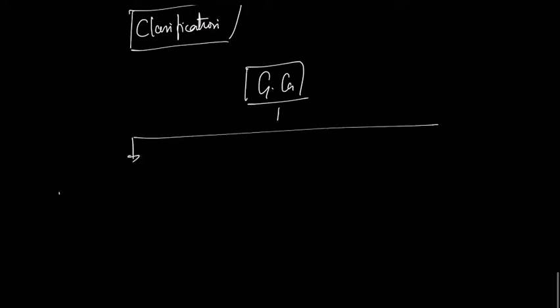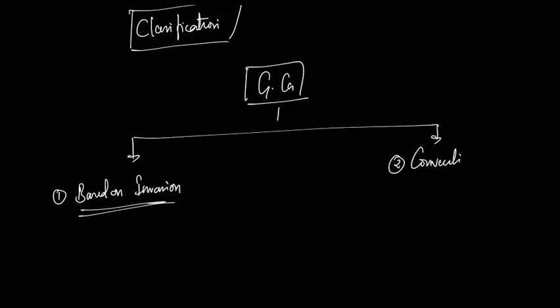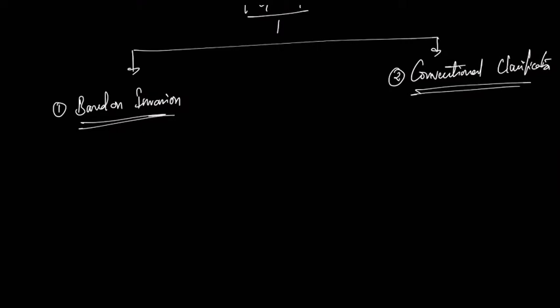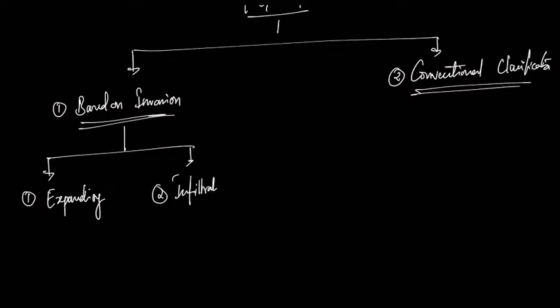Now that we're done with the etiological factors, let's jump to the classification of a gastric carcinoma. All right, so your gastric carcinoma can be classified based on two types. The first type being based on invasion, and the second classification is your conventional classification. So based on invasion includes two groups. The first could be your expanding type, that is your tumor could be expanding, or the tumor could be infiltrating.